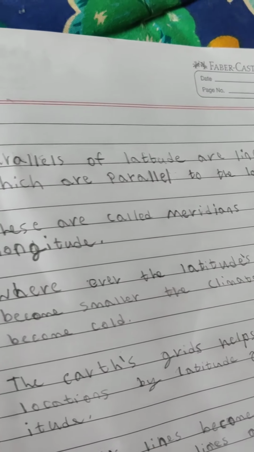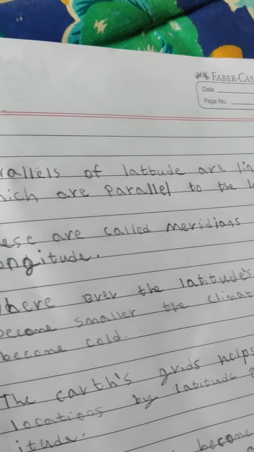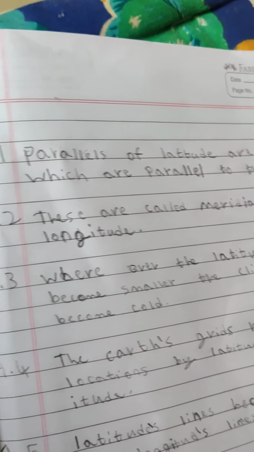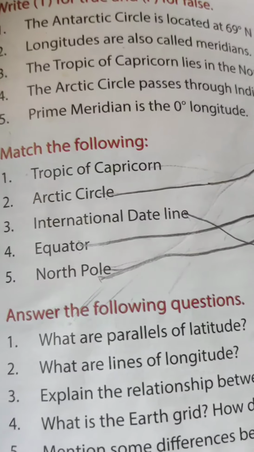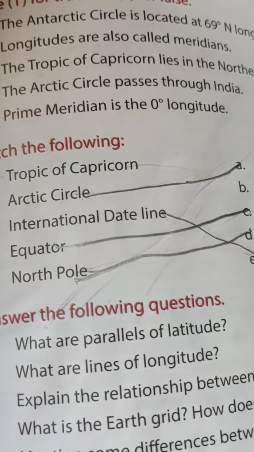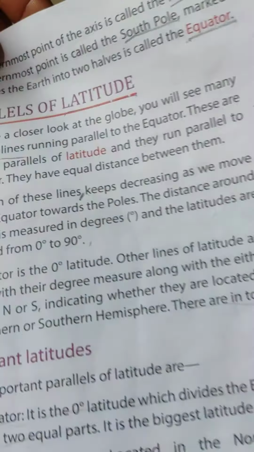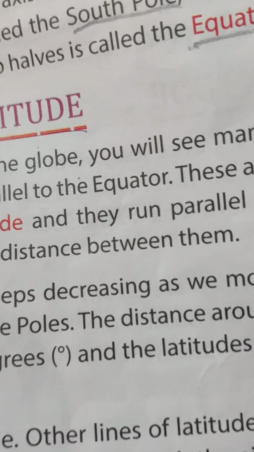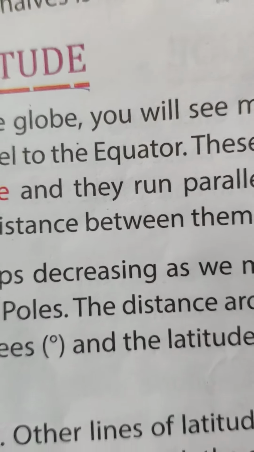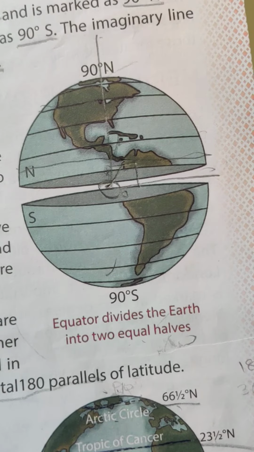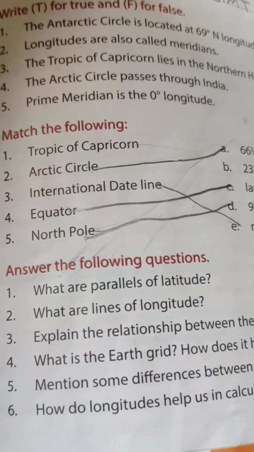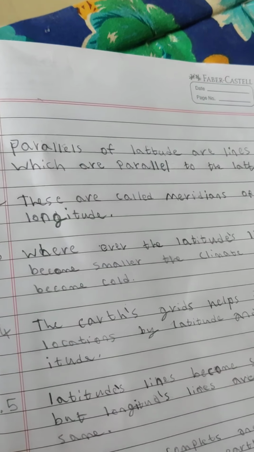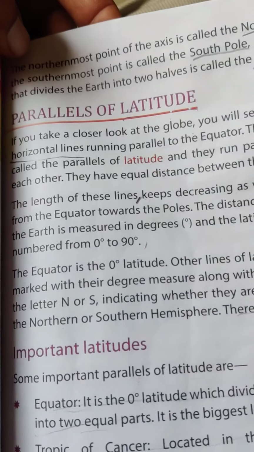But Sidhu has not done this, right? Sidhu has written in his own words, parallels of latitudes are lines which are parallel to the latitude. Just brilliant, right? I like the answer so much. But that is not the expected answer. Oh my god, he's not going to get marks. Why? Because you go here and you look at it: horizontal lines running parallel to the equator. The answer will be equator. That is the answer, right? So the way the question is framed, the way the chapter is structured, and the way children's minds naturally work are all not aligning to give the marks.